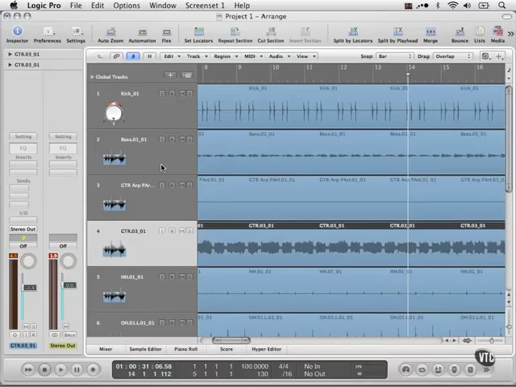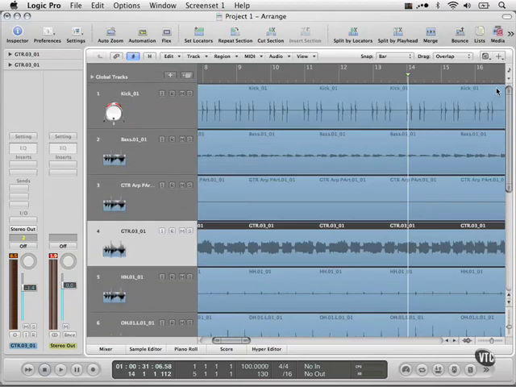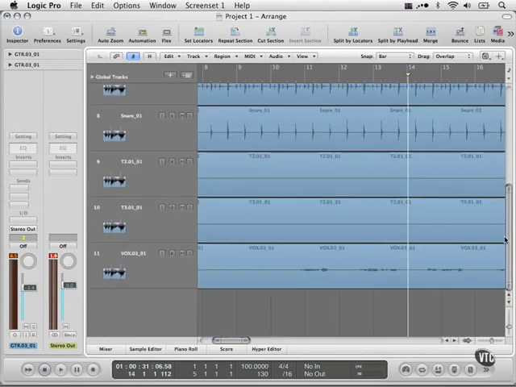Now I want to talk about these auxiliary channels for a second. Let's get out of this window. And you'll notice in the arrange that we just have all the audio channels, but none of those auxes show up here. And that's the default. But I like to have those there because when I start doing automation, it's a lot easier to do it from this window when I can see the automation and draw it in by hand or using a control surface.